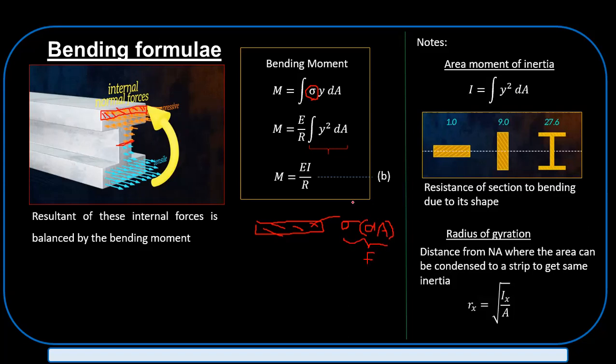We need the moment of that particular area about the neutral axis, so we call this y the distance away. Since this is a very small area, this y is equal to the depth from its centroid to the neutral axis. The thickness is negligible, so in that case you can write the bending moment of this strip